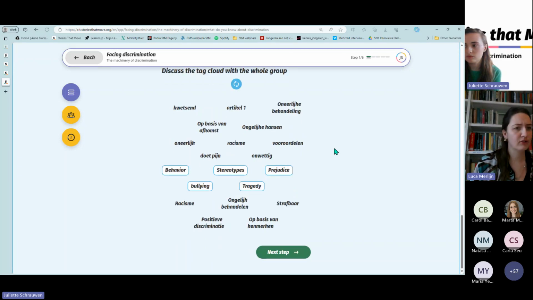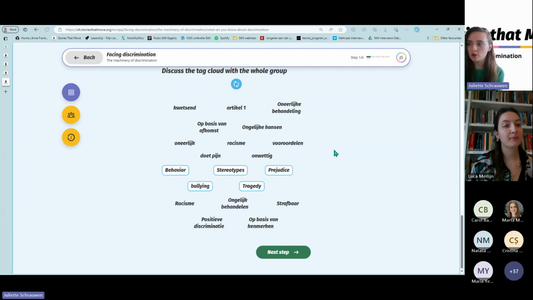Is there something else, Juliette, I forget with this part? I think it's good to know, you might have noticed as well, that the answers you filled in are circled with a blue lining and the white behind it. So you as a student can always see, oh, this is what I filled in. If there are more answers, the list will be longer, so you can scroll through all of them.